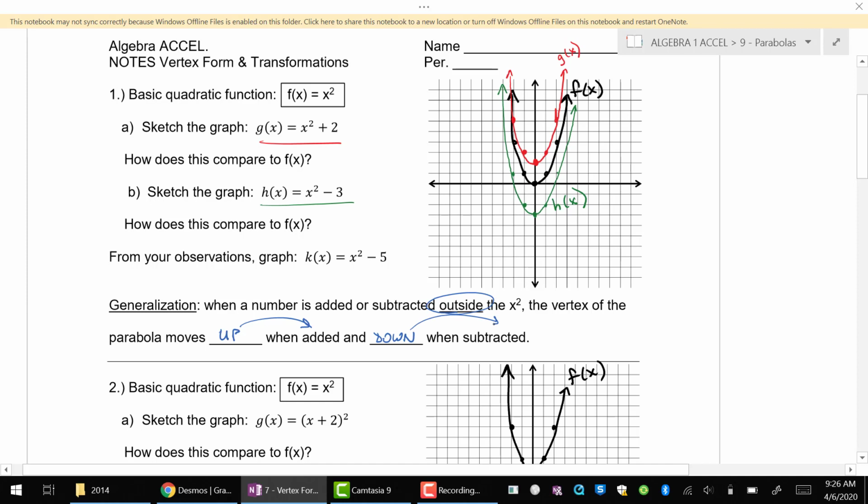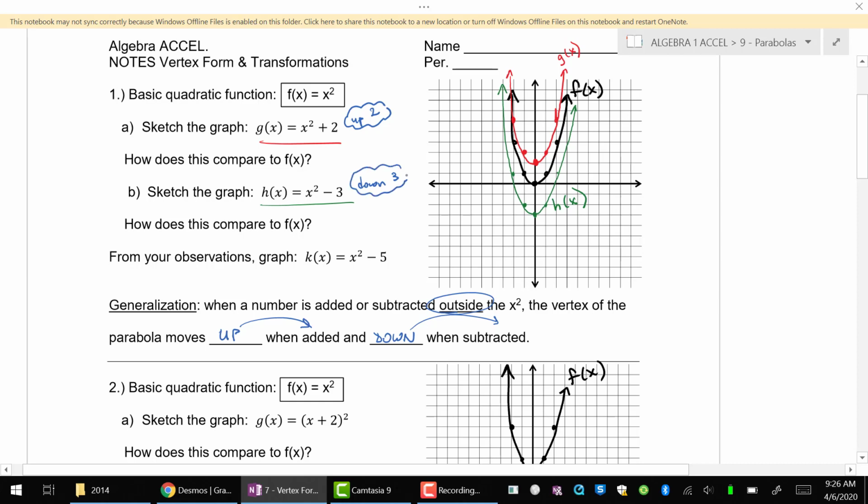Up when added and down when subtracted. X squared plus 2, that's a transformation up 2 by all of my points. X squared minus 3 is a transformation down 3 of all of my